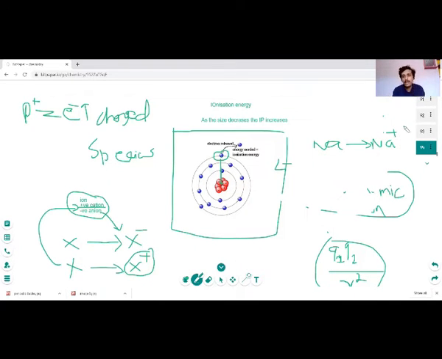Now you have to remove the next electron. Removing the next electron becomes difficult because there is a proton, there is an electron. Now the number of electrons has decreased, so the balance is towards the proton. The proton started attracting more strongly than it did previously. Hence removal of the next electron becomes quite difficult. And hence the first ionization energy, that is removal of one electron, is much easier than the second ionization energy,